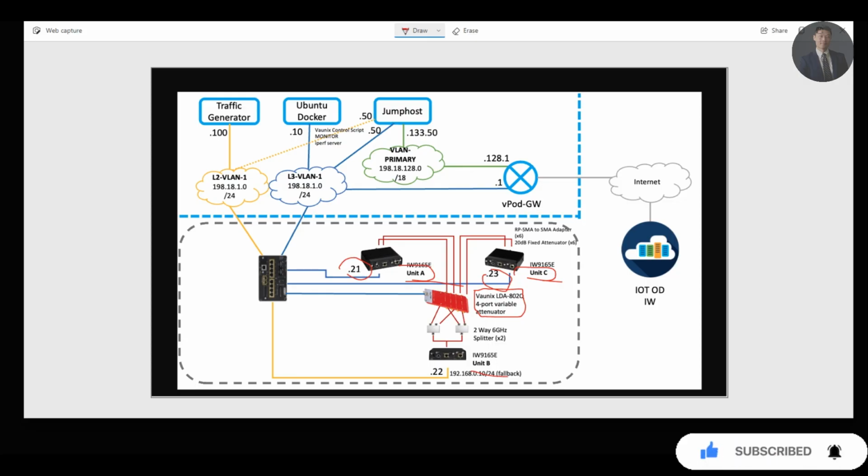Units are added to the corresponding industrial wireless